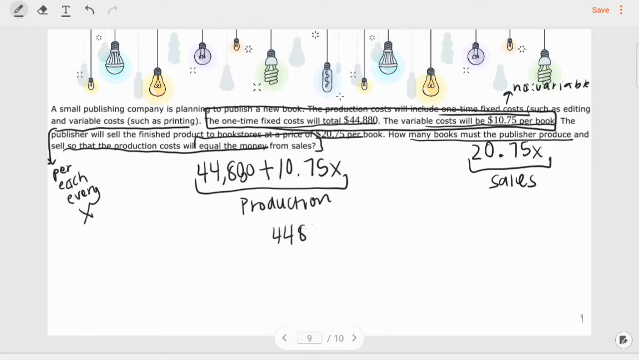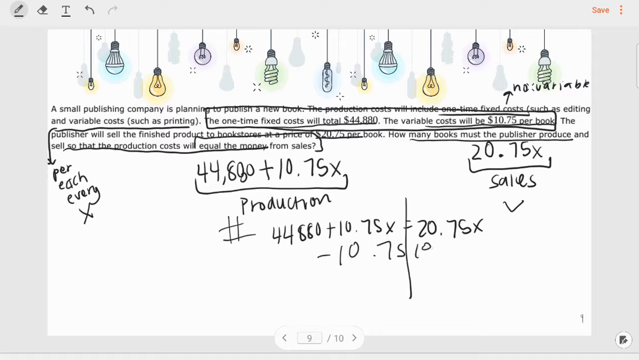So here we go. 44,880 plus 10.75x is equal to 20.75x. I do have variables on both sides, and I'm going to go ahead and solve. There's only numbers over here, so this is my number side. I'm going to make this my variable side. Subtract 10.75x. Luckily, even though those are decimals, that should be fairly easy for me to subtract. So 44,880, this zeroes out, equals, well, 75 cents, eliminate 75 cents, and 20 minus 10 is